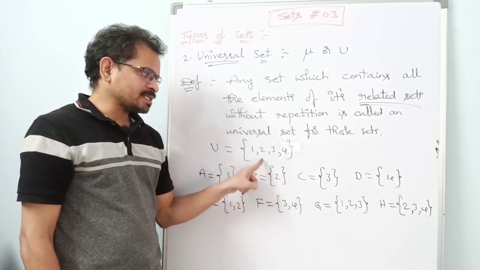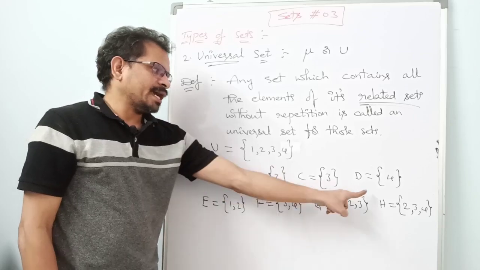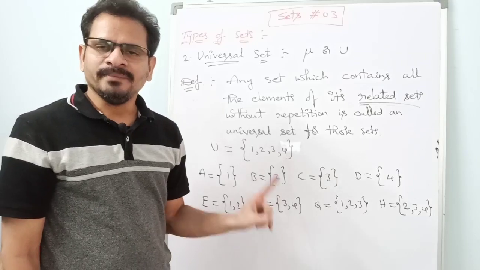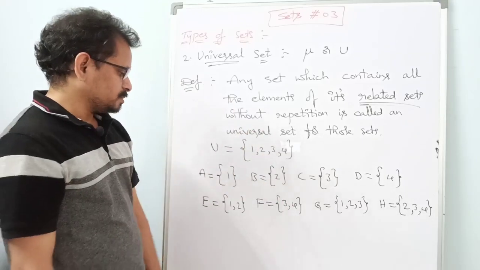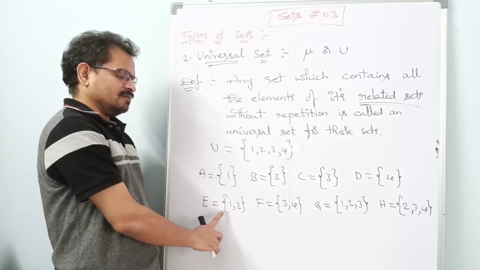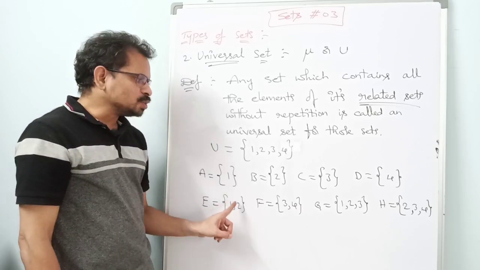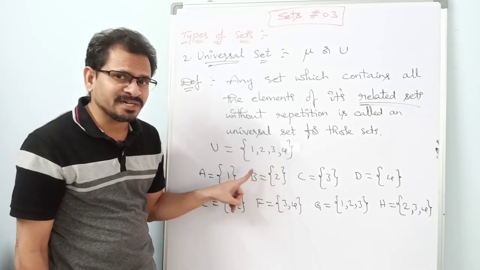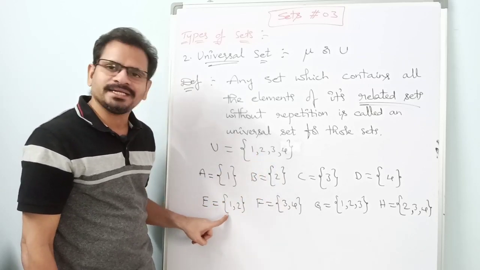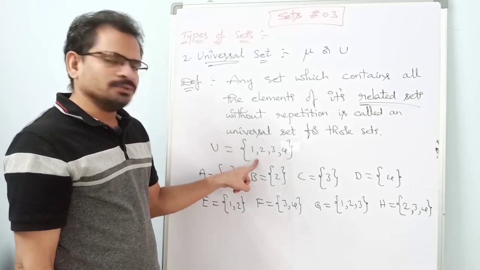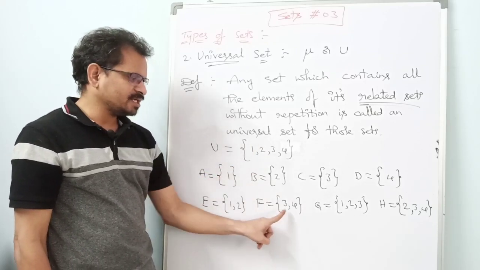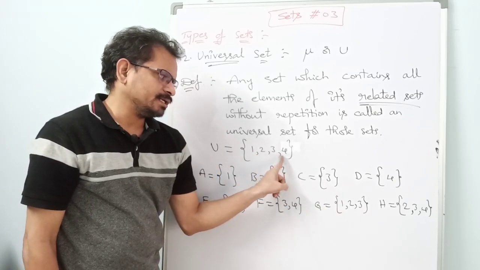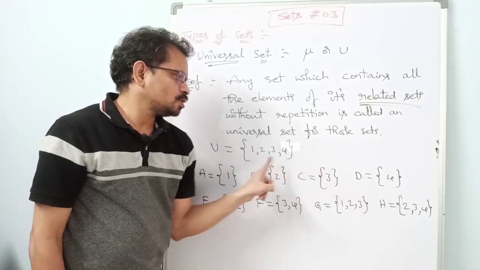Then what about B? Yes, related to U. C and D are also related to U because they have an element which is there in U. Then what about this one? A set E which has two elements, 1 and 2. These two same elements are present here. So is there any relation between this one and this one? Yes. So set E is related to set U, right? Similarly, set F, 3 and 4. Yes, 3 and 4 are here. Set G, 1, 2, 3. 1, 2, 3 are there here. Set G is also related. Set H, 2, 3, 4.